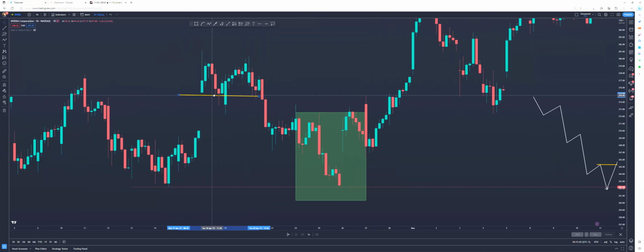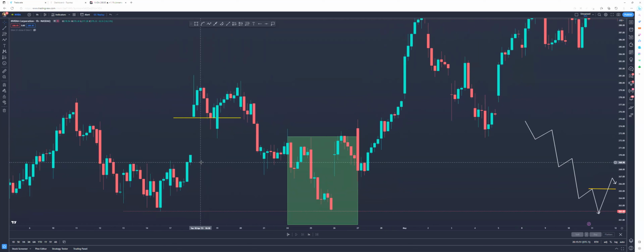Wait, I'm getting confused a little bit myself. Hold on, this price action is ugly as hell. All right, there we go. So right here, if this is our low, and then we pushed up and we broke below, is this a break of structure?